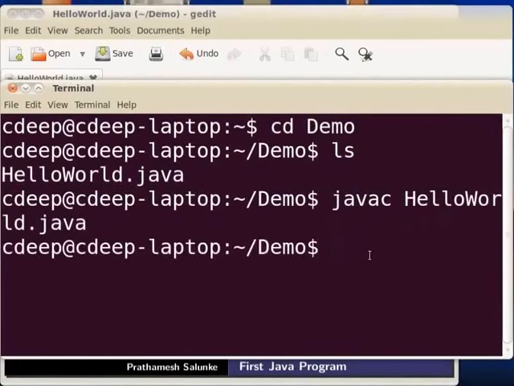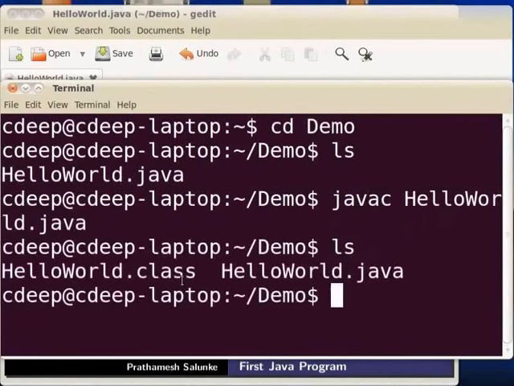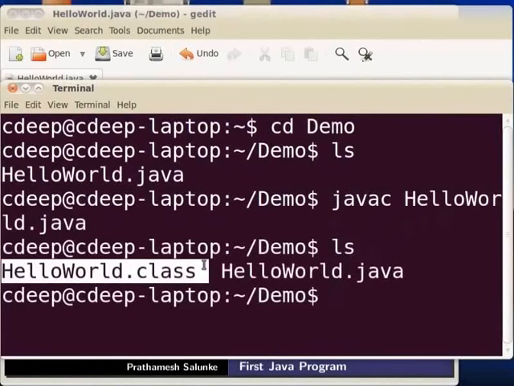Alright, now the file is compiled. As we see, no error. We can see HelloWorld.class file created. This file can run anywhere, that is on any operating system. We do not need Java compiler as well. Hence Java is rightly described as write once, run anywhere.